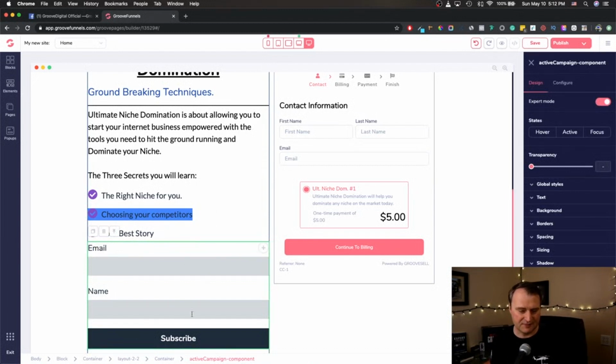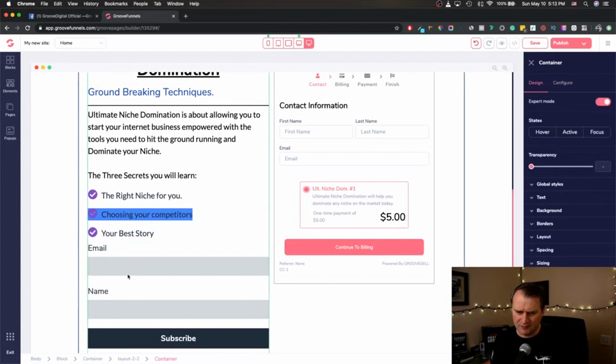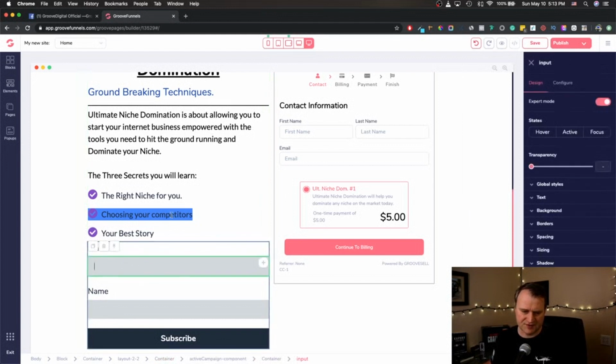So this ActiveCampaign component, if I have this selected, now I can actually select an integration with my ActiveCampaign, and then from there I can select it to go to a particular list with a tag, and redirect, choose if I want my prospect, new client, to be redirected to a certain page if they might have signed up for a free booklet or something, right? So, but a lot of people, including myself when I first started, because I came from another